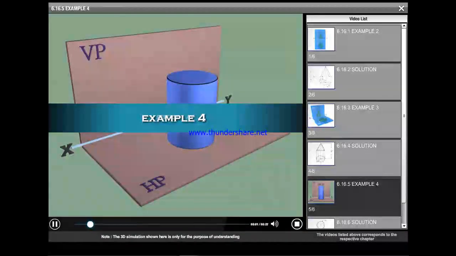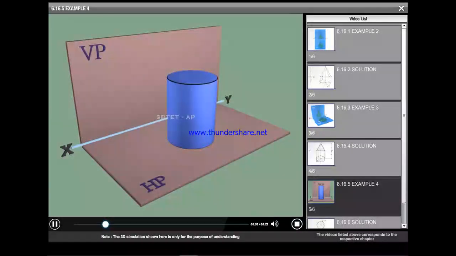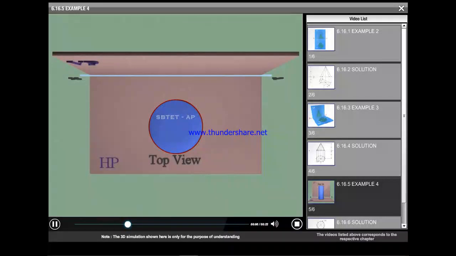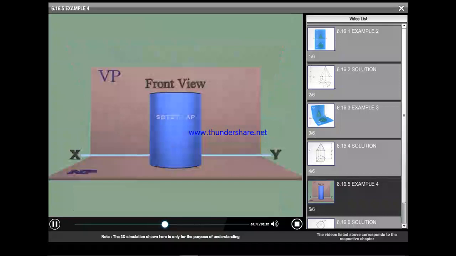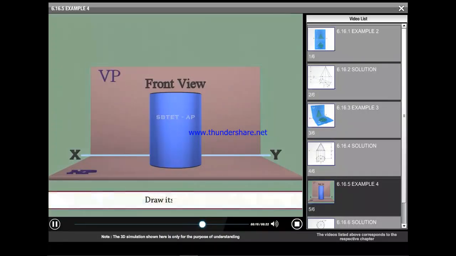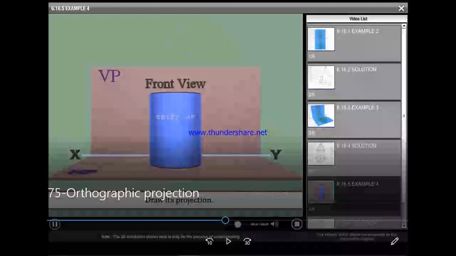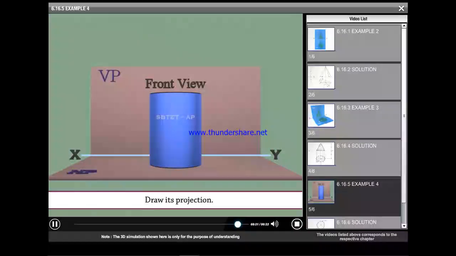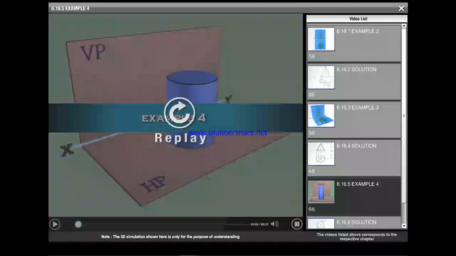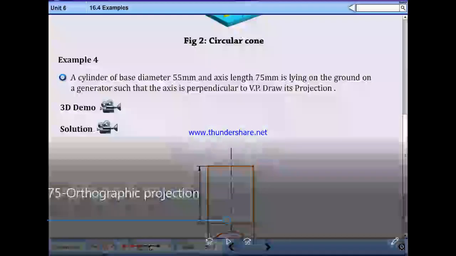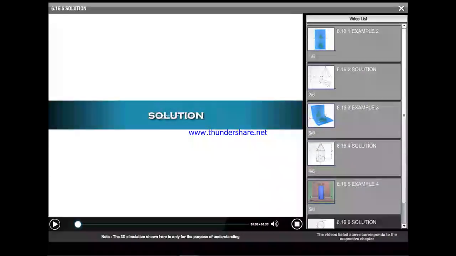Example problem 4. A cylinder of base diameter 55 mm and axis length 75 mm. Draw the projections of the given cylinder with the given dimensions. Solution to example problem 4.